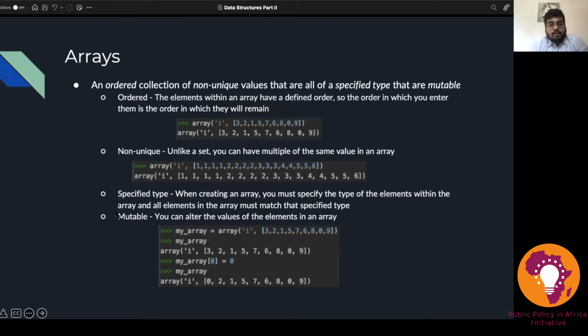So are there any questions on arrays being ordered or non-unique? All right. So the next thing we're going to talk about is